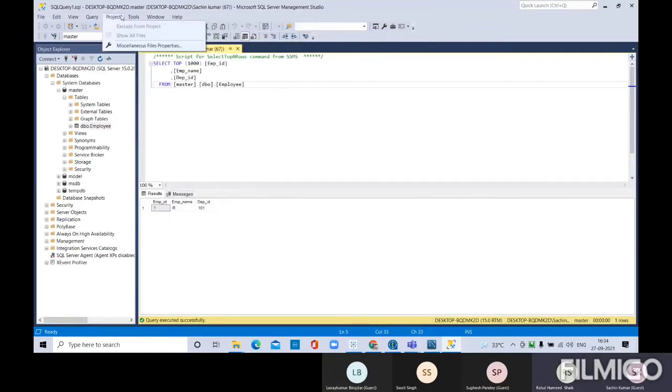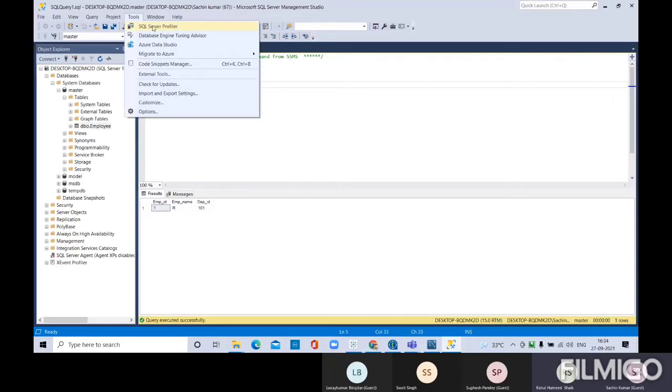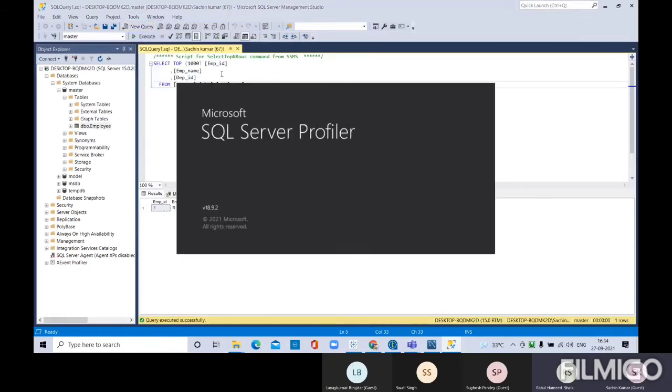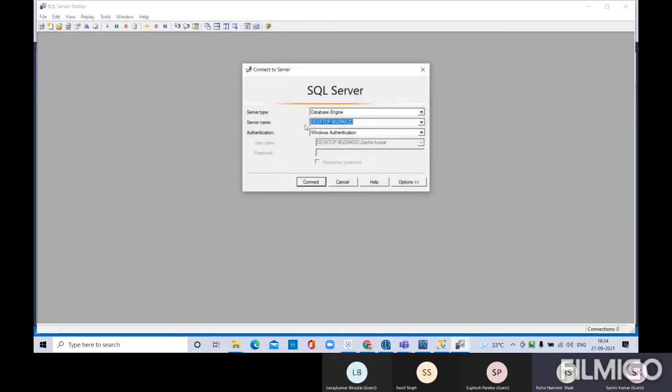If you are not sure about what details you have entered here, you can go for edit connection. It will show everything there. You can copy from here as well. So you have selected Windows authentication.